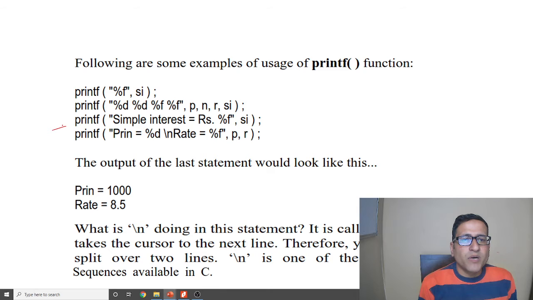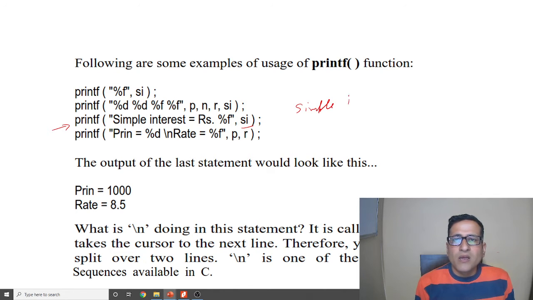In the third example we can see that the output will be: simple interest is equal to, then Rs, and after that the value of the SI which is calculated.